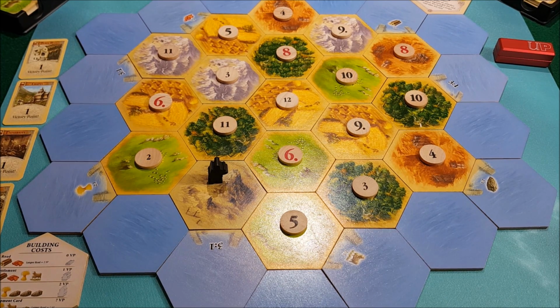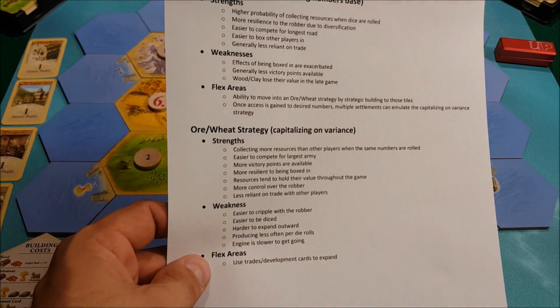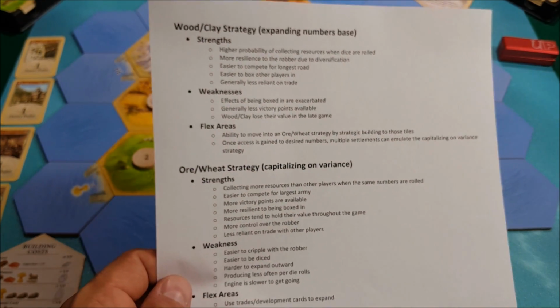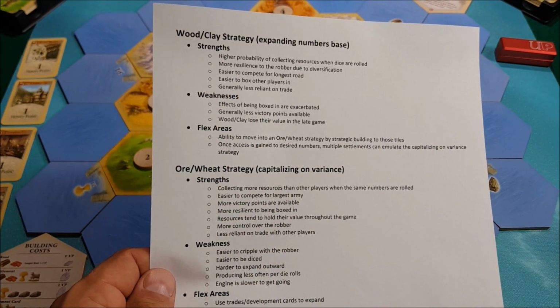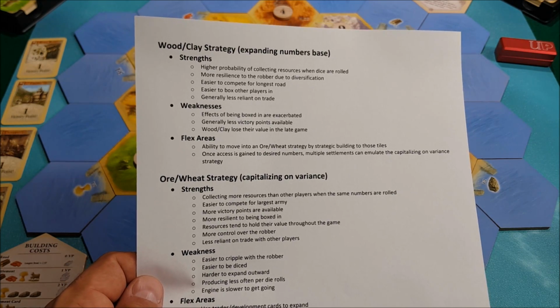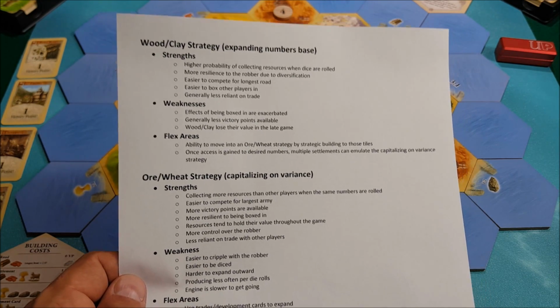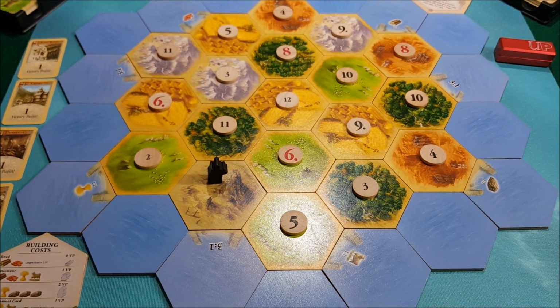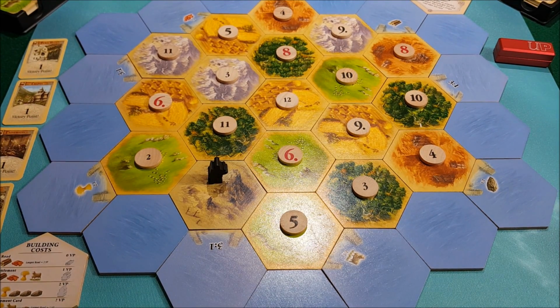So, like I usually do in some of these more elaborate strategy videos, I've come up with a list of talking points, and I break down my strategy into two basic categories: a wood-clay strategy and an ore-wheat strategy. And I have some strengths, weaknesses, and areas of flexibility. But before I do that, I think